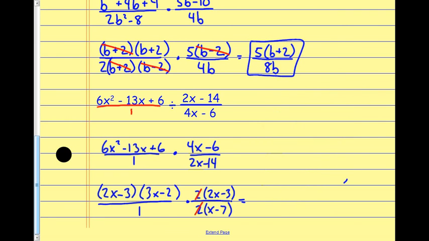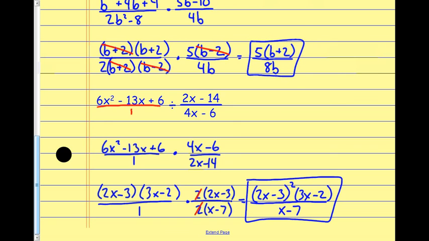So now my numerator, it looks like I have a 2x minus 3. I have 2 of those, so I'll write that as a 2x minus 3 squared. I also have the 3x minus 2. And then in the denominator, it looks like I've got the x minus 7. All right. So in this particular example, not much canceled out. But that's just the way it goes sometimes, okay? We factor it, see what cancels out, and then go from there. And we're going to leave this in factored form. It's far easier to do it that way. If I look at this one, this